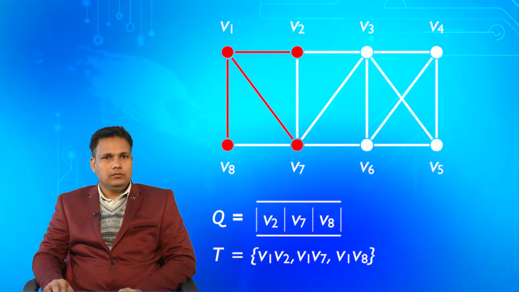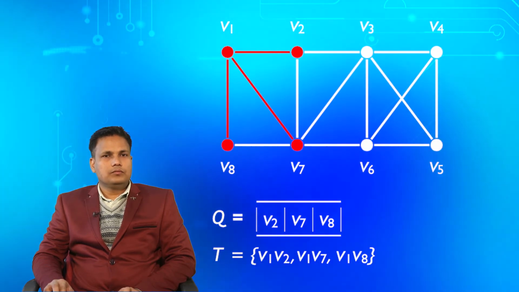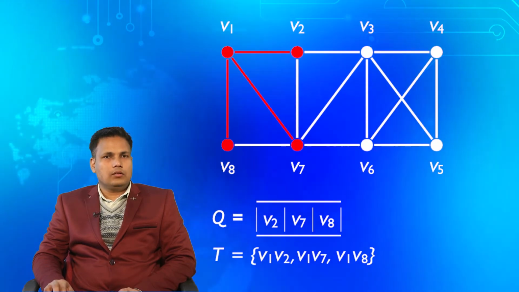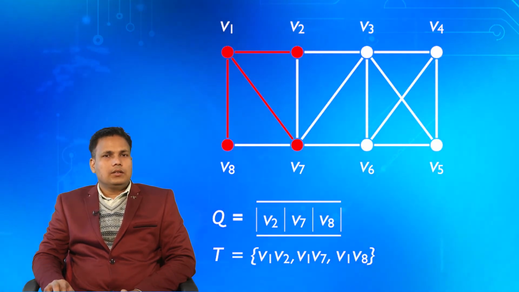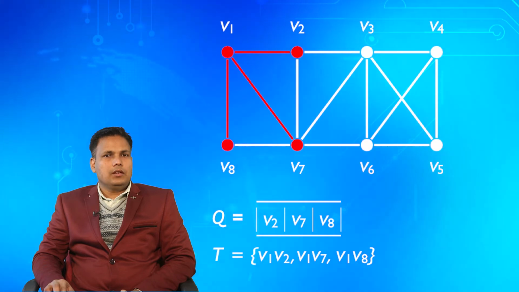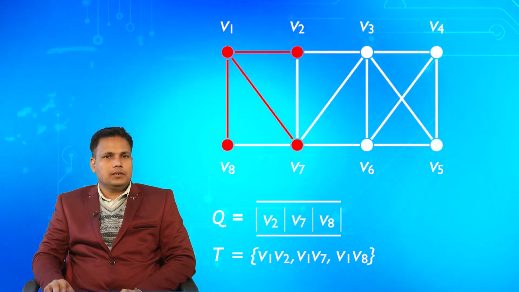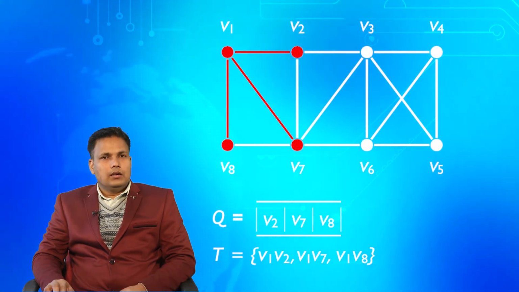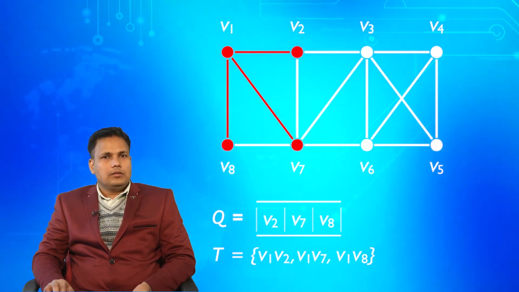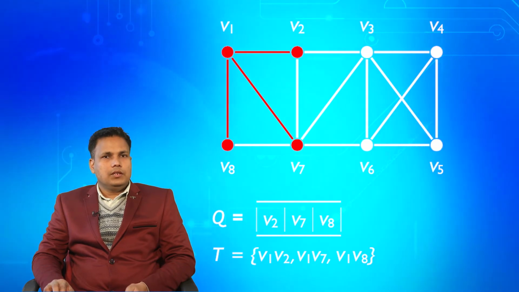So, now we go back to Q and see whether it is empty or not. So, clearly Q is non empty, it contains the vertices V2, V7 and V8, right. The first vertex is V2. So, we now remove V2 and we will repeat the same process, that is we start visiting the neighbors of